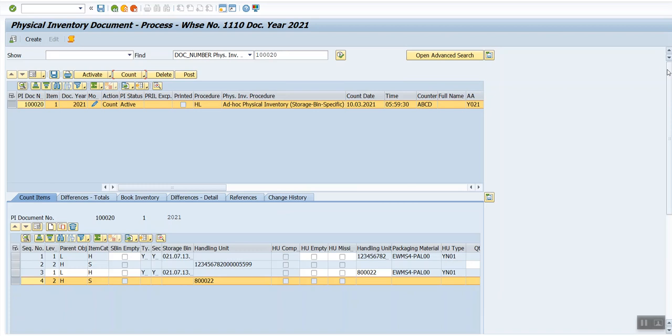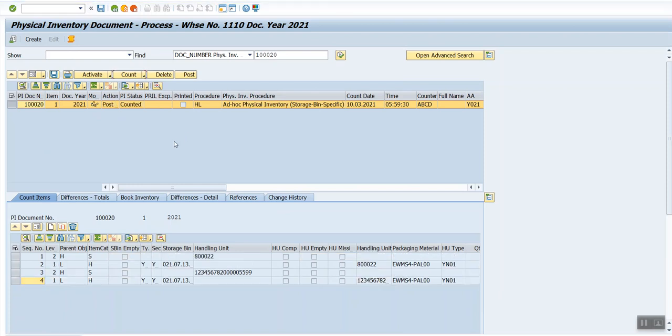We have done everything, and now we will save the counting. Okay, the counting has been completed, and the next step is to post the inventory document. So now we have to save it so that the status gets changed.